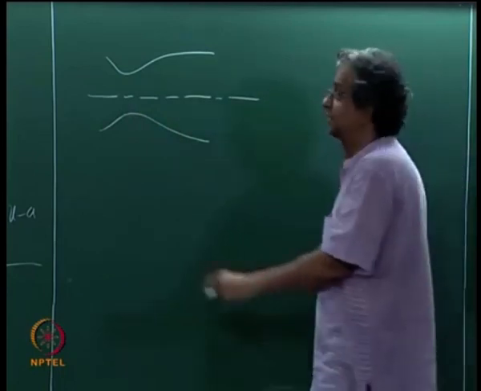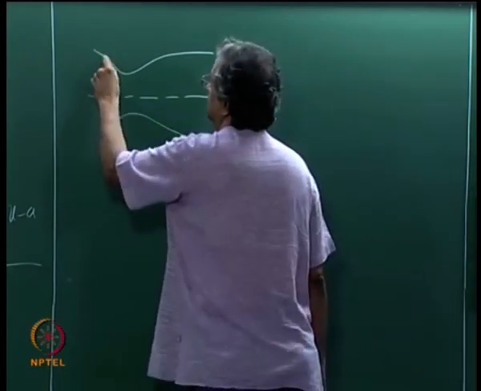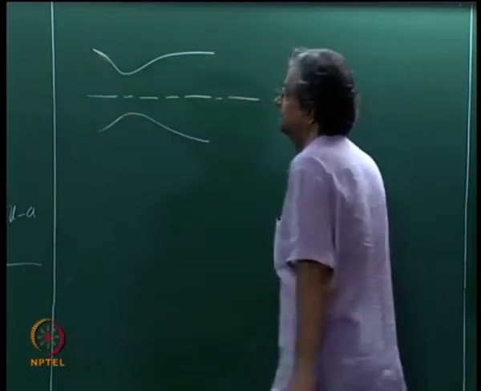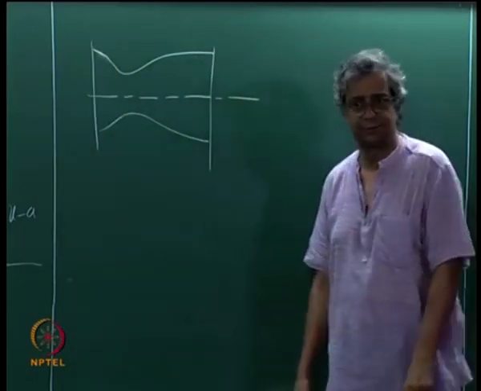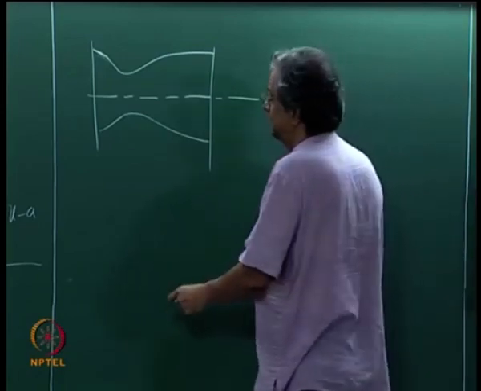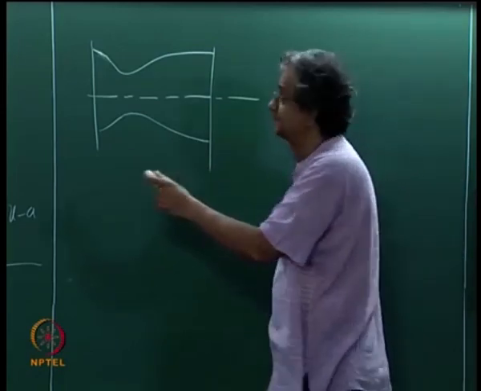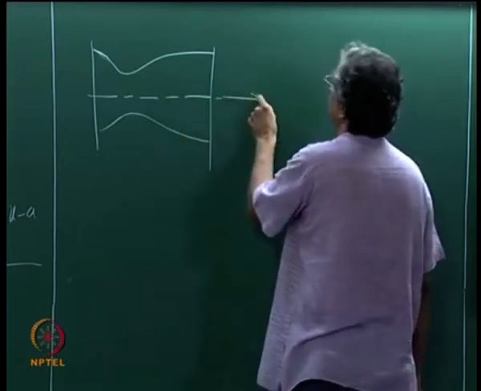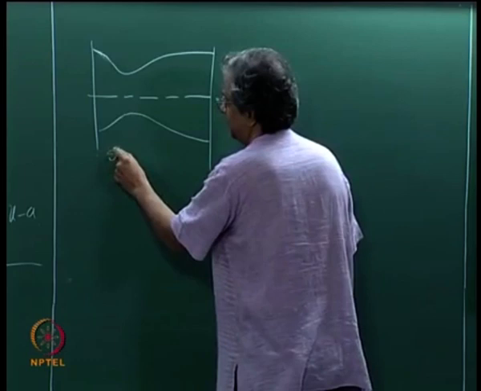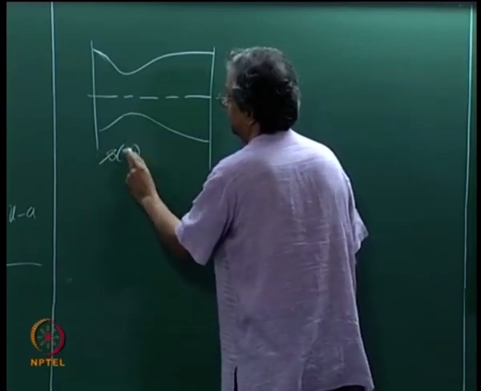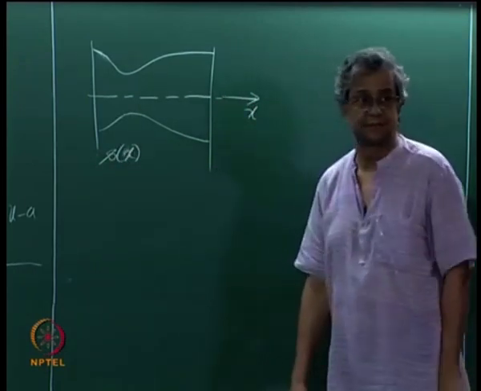This is a typical nozzle that you are used to dealing with. How does quasi 1D flow go? So you have some area variation. The area variation, this could be the x direction. The area variation could be some S of x, S as a function of x,